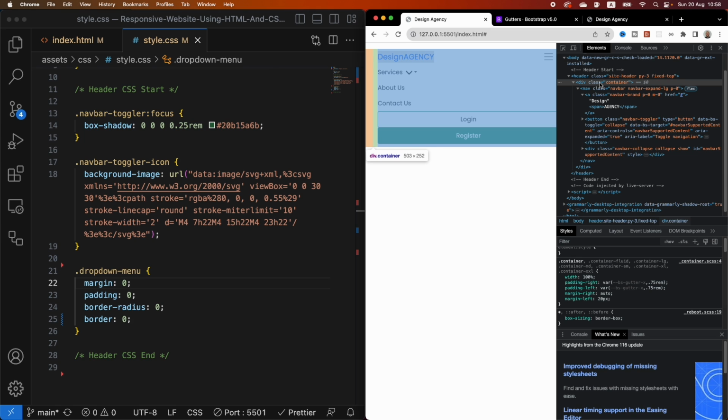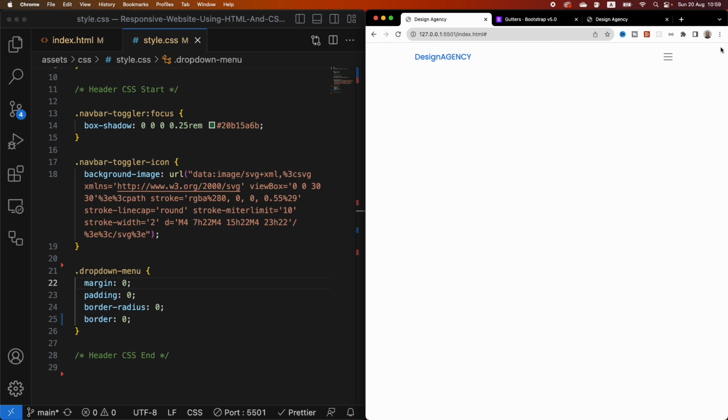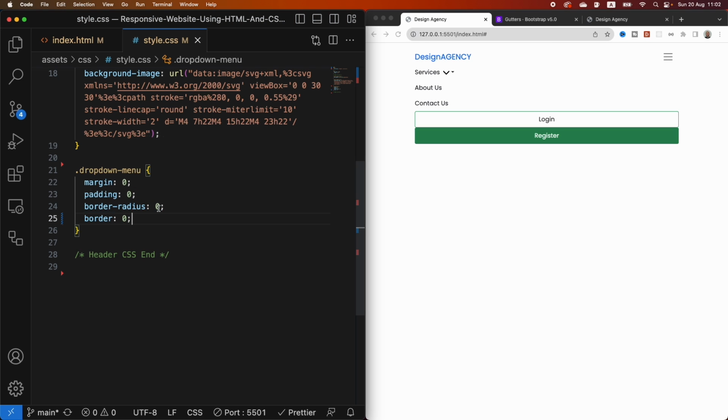Or actually, the margins are outside of the border of the container, between the container and another element, whilst padding is inside of the container's border. That is the difference between them. So let's just refresh. And then if we have our border radius, we see if we put that to 30 pixels,